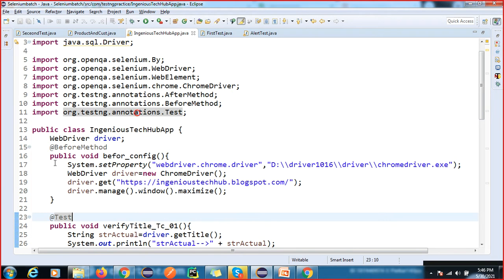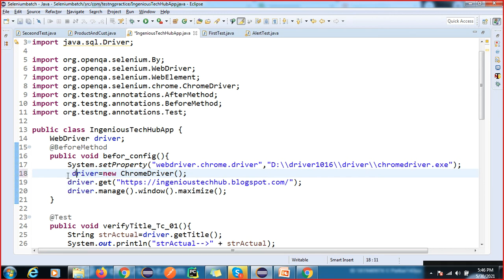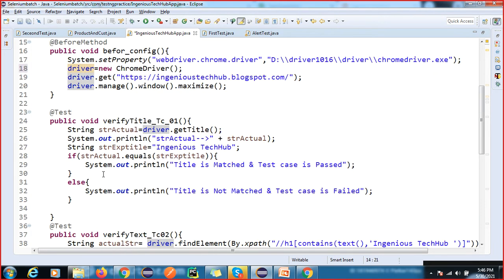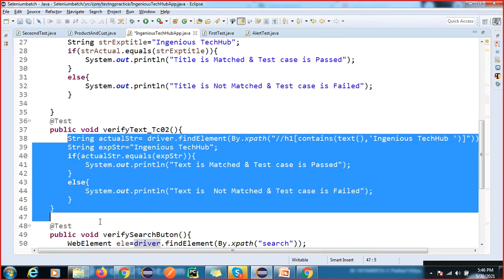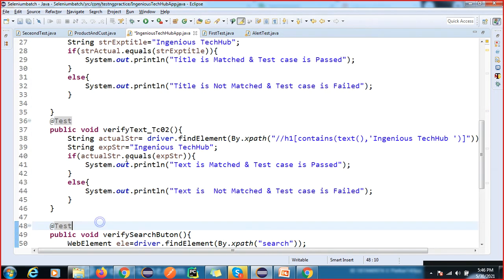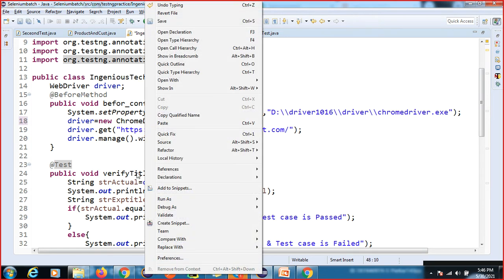So I have given this also. Remove this. Otherwise, this variable will not point for all the methods you have defined here. And this is non-static, so a non-static member you can access inside this non-static method, right? So now I'm going to execute this.